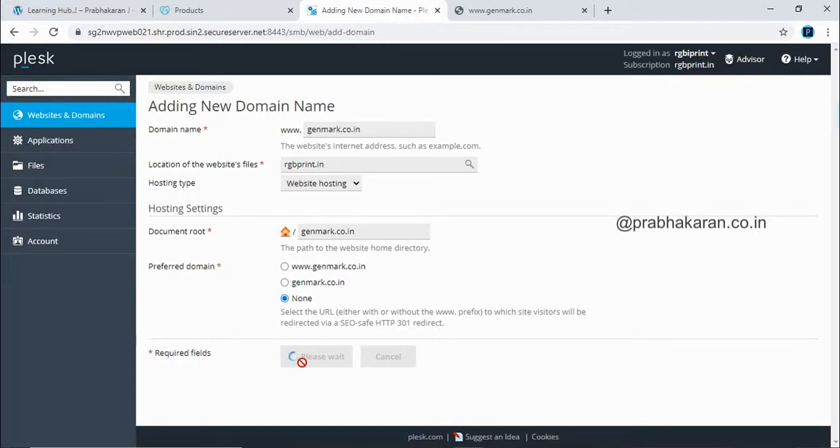The first time takes time, because we're going to create a new domain. So when you're creating a new domain, what happens? It is going to create all the corresponding file locations. It means it's going to create all the corresponding files and folders, everything on that server. I'll show what files are created by default. Wait some time.